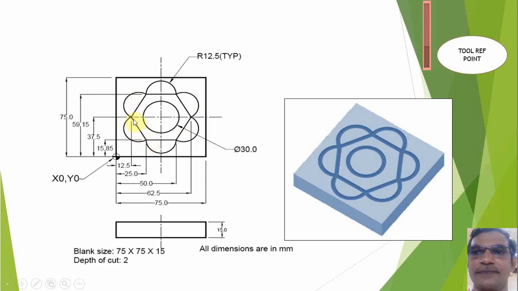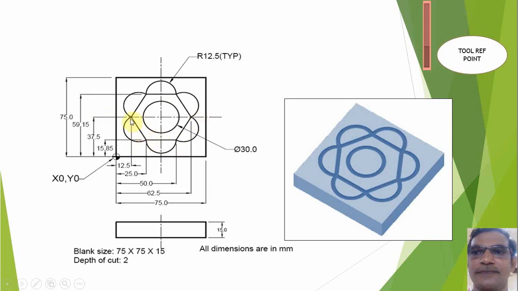Once again we are going to reach the same points, but the movement will be like this. Instead of G01 we can use G02. Why? Because this is moving in the clockwise direction. If we want, we can move the cutter in this direction also, anti-clockwise movement. The next point will be changing, that's all. If it is anti-clockwise direction, from this point to this point, the end point will be x50 and y15.85. If it is a clockwise direction, from this point to this point, x value will be 12.5 and 37.5. Like that we have to move the cutter.